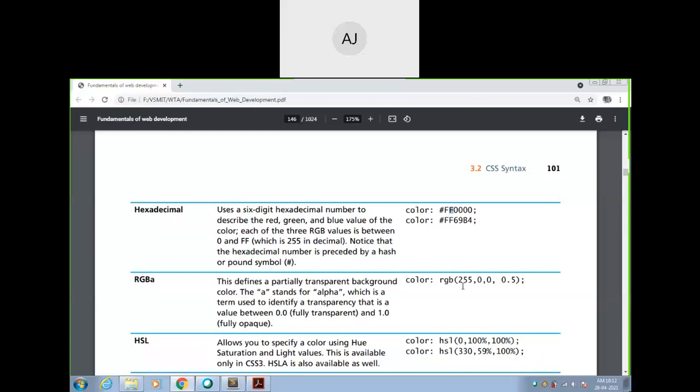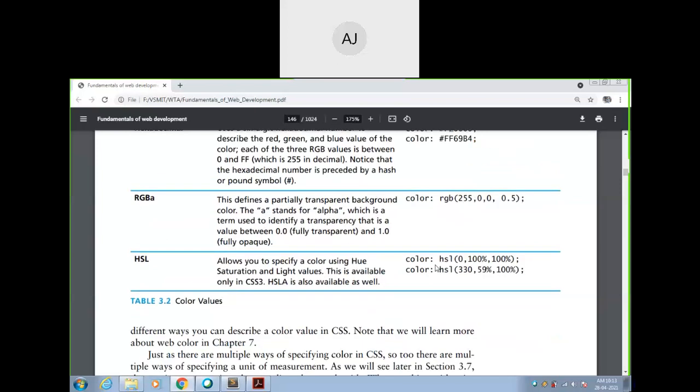Then RGB with alpha: you can go for alpha, meaning very slight values. We are working with 1, 2, 3 and so on. If you want values like 0.1, 1.5, 2.5, 1.7, you can go for this RGBA. Then HSL, which is hue, saturation and lightness. You can dim it and give it in percentage, like 0%, 100%, or HSL 330. This is also from 0 to 255. If percentage, you can give your percentage, or the values you can give here.